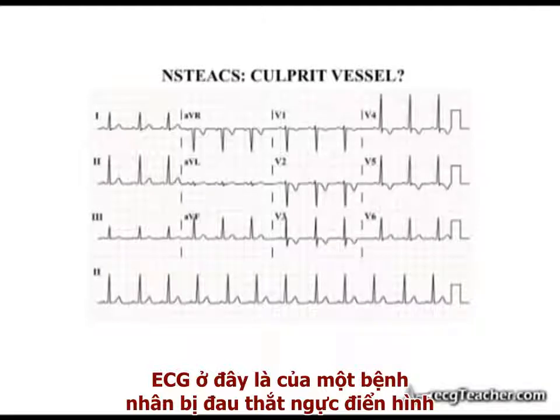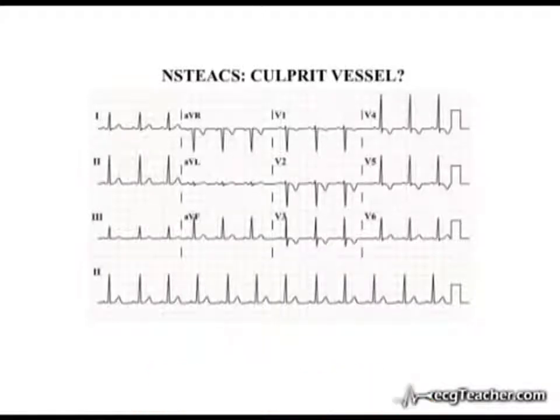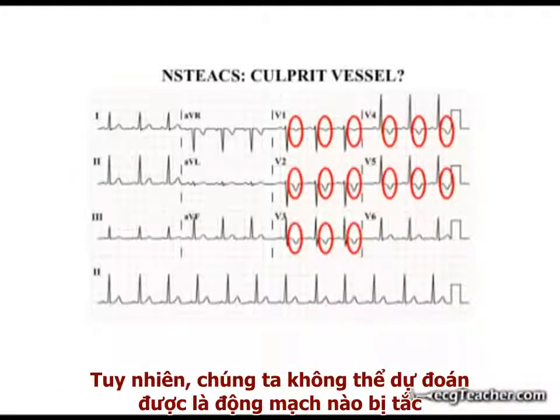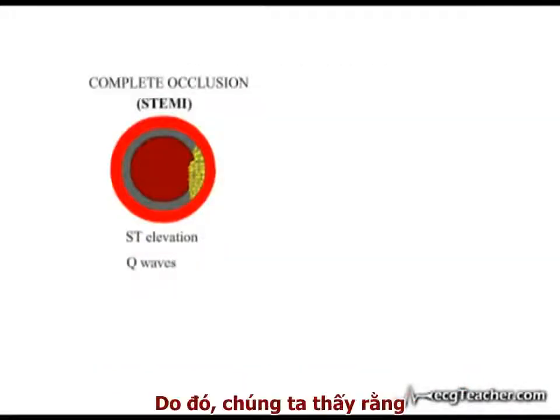The ECG shown here from a patient with typical chest pain demonstrates T-wave inversion, which is certainly consistent with myocardial ischemia. However, we cannot deduce which coronary vessel is involved. So,